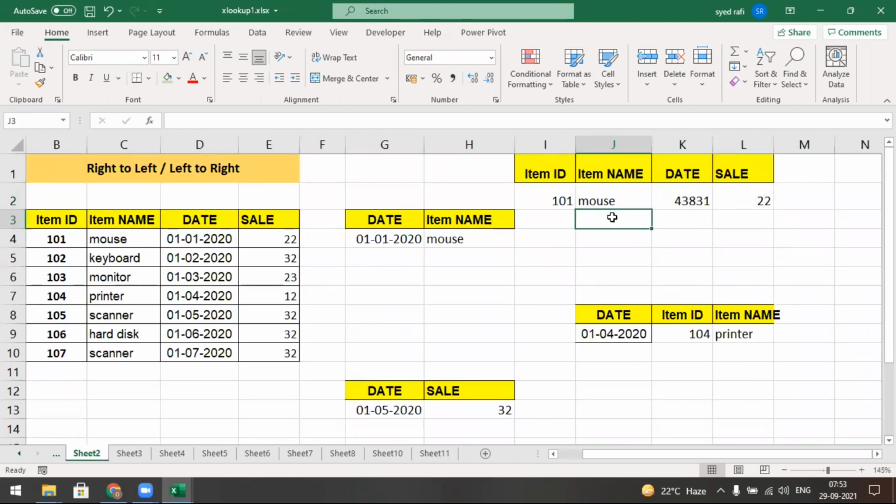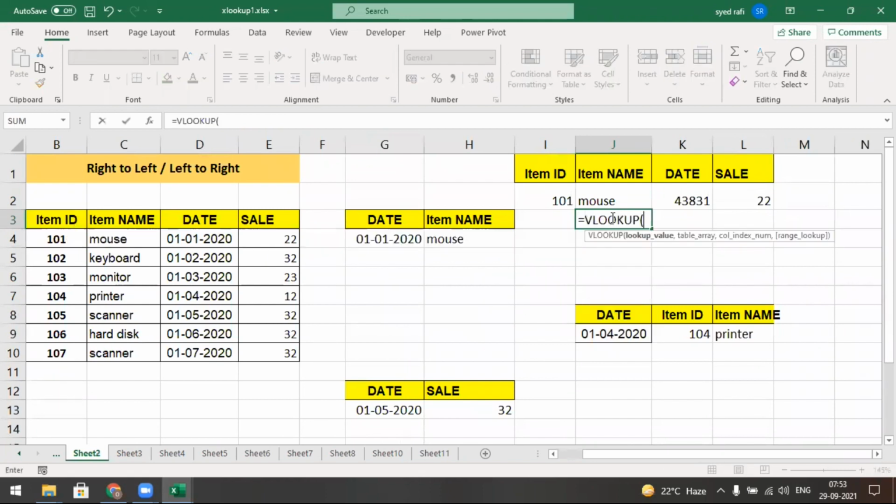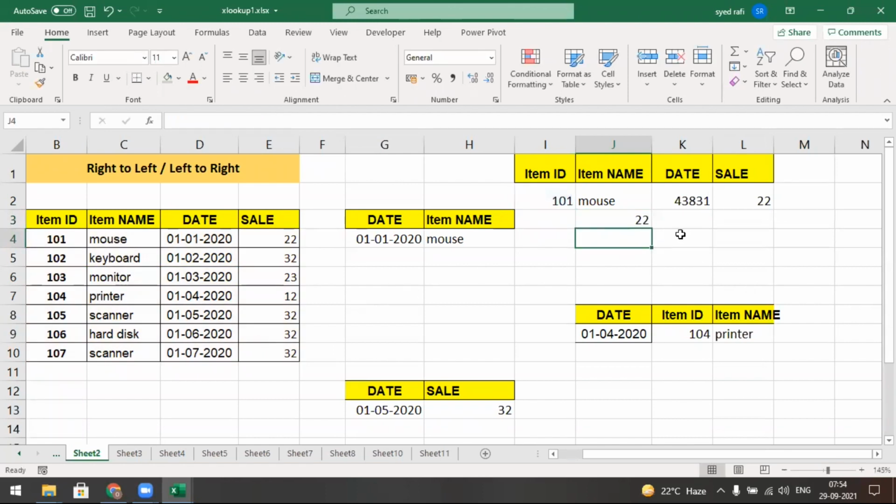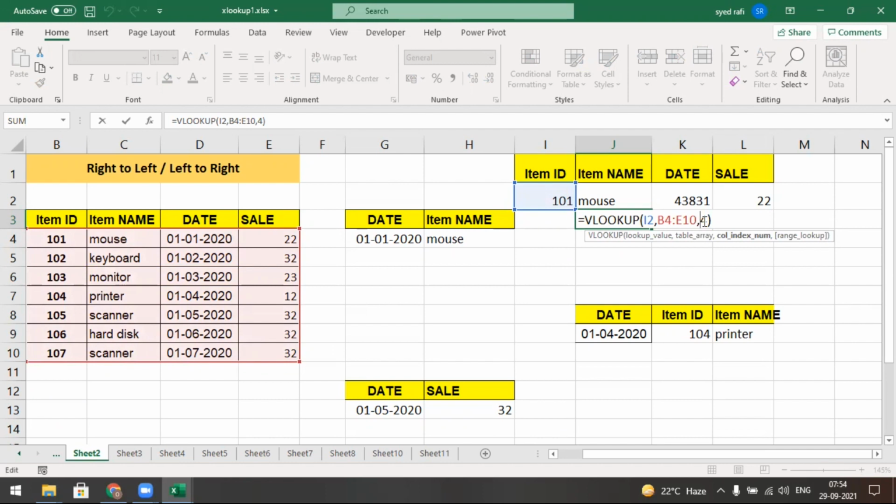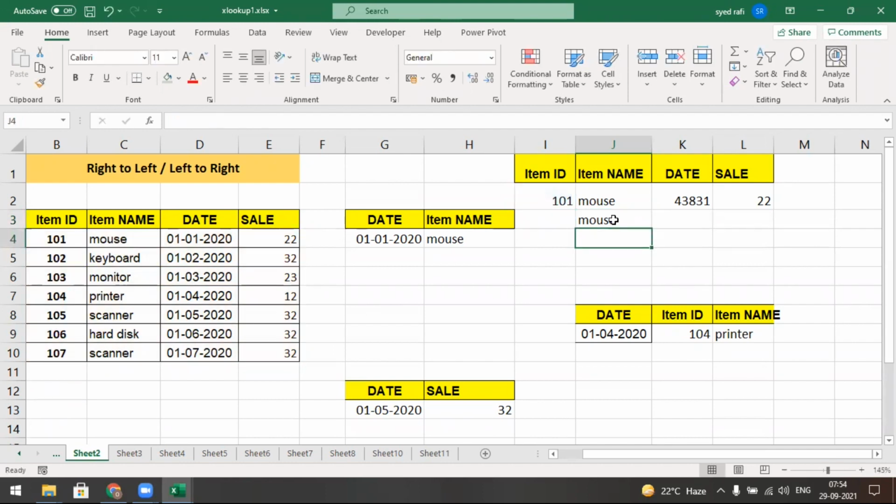If you apply equal to VLOOKUP, select this one, comma, select the entire table, comma, display the second column, enter. It fills only this column. By using VLOOKUP, it can't fill the remaining columns.